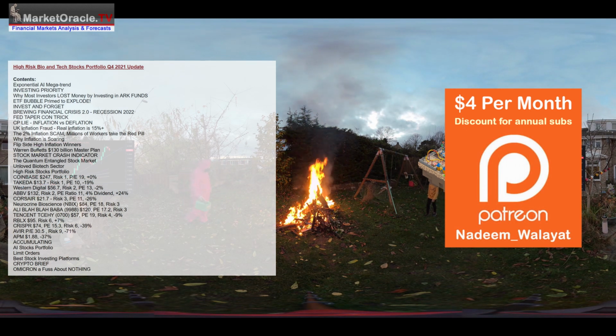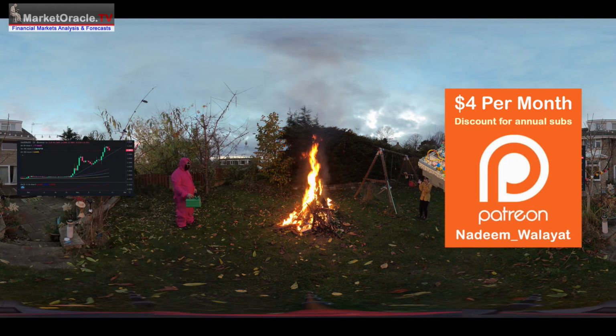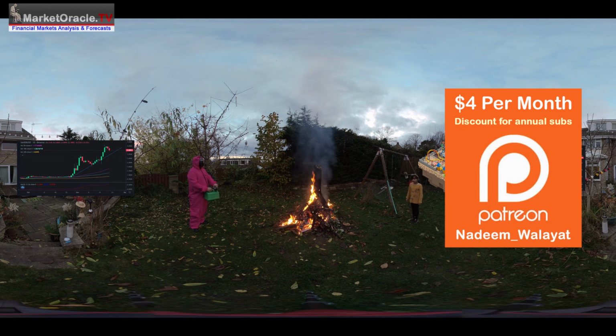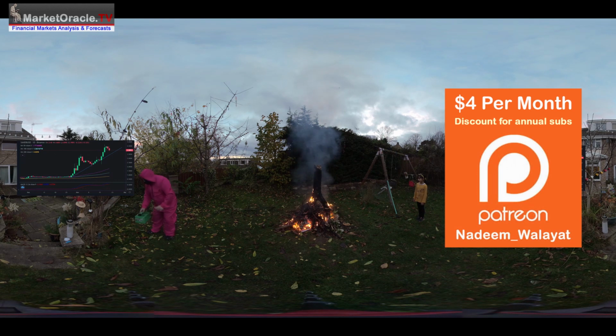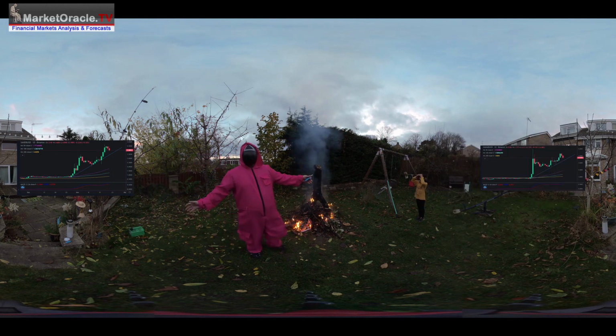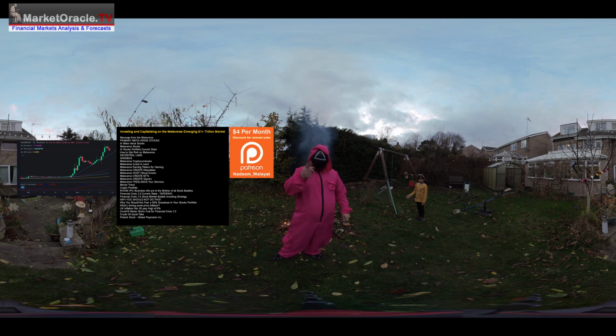Anyway, it covers all of the high risk stocks portfolio. Updating, there's about 22 stocks in that portfolio. Updating what I'm holding for the long term, what I'm seeking to accumulate more of, and to what degree. Small buys, big buys, huge buys. Yeah, even stocks where I'm saying bye to, those that I'm seeking to distribute out of over time. Maybe they're too high risk for me now. Anyway, that's in that analysis.